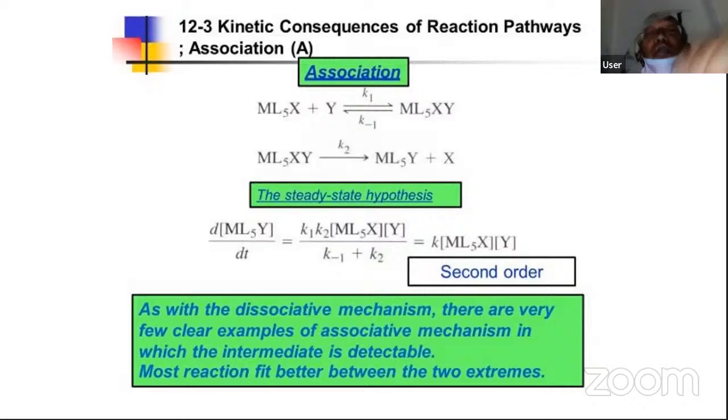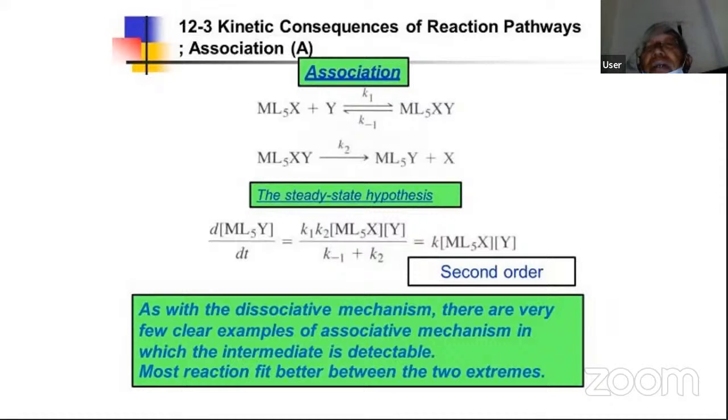But in the case of an associative reaction, this is the reaction scheme. You also apply the steady state approximation because, as I mentioned, there is no way you can determine the concentration of the intermediate. You can calculate it using the steady state